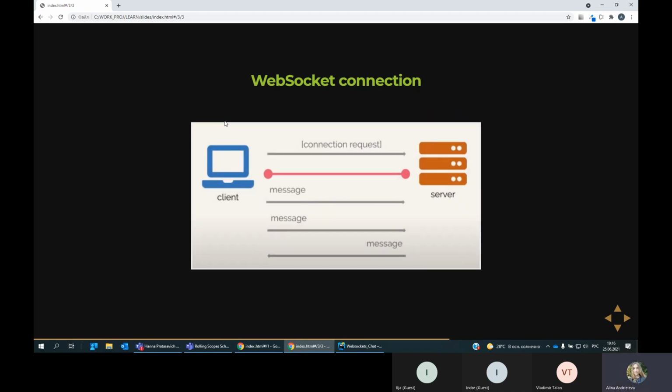After the connection is established, the client can send messages to the server, and the server can send messages to the client whenever they want. So the connection won't be closed until one of them decides to disconnect. With WebSocket, you can send any amount of data without exposing the system to unnecessary load caused by traditional HTTP requests. The data is transmitted over the WebSocket connection in the form of messages,